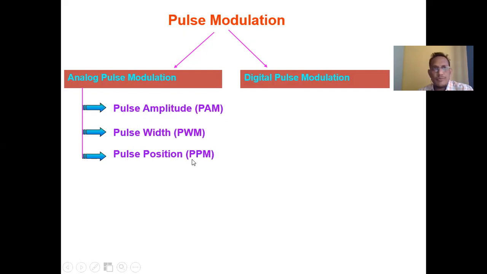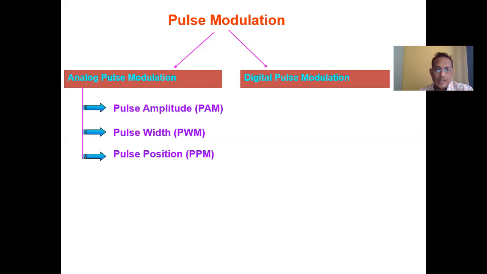In the first part of the unit, we have already defined that to define amplitude modulation, frequency modulation, and phase modulation, we change three important characteristics of the carrier signal, that is the amplitude, frequency, and phase. That's why the names are amplitude modulation, frequency modulation, and phase modulation. But in pulse modulation, we use a high frequency carrier signal as a pulse train, otherwise a square wave, where I can change three different characteristics or parameters of the pulse train.